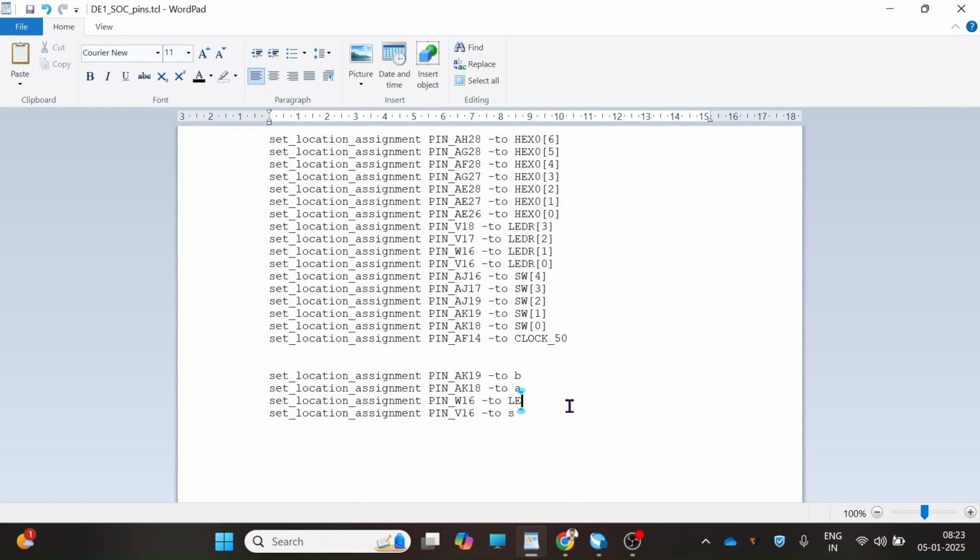So it is case sensitive. You have to be very careful when you are assigning the pin names. Whatever the design pin names that you have provided in Verilog code, you have to use the same name, and it's case sensitive. Now select and copy,